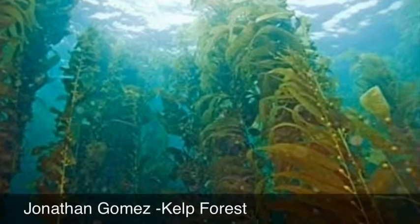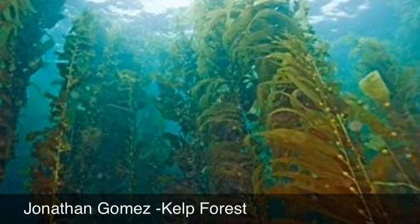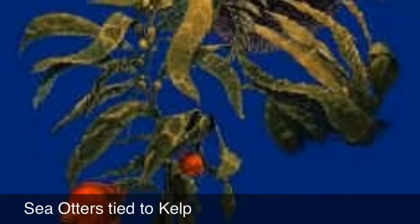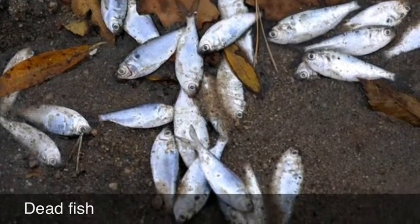Sea otters are dependent on the native grasses in the San Francisco Bay. The native grass sea otters depend on is kelp. Kelp is a large brown seaweed in the oceans and in the San Francisco Bay. Sea otters fasten themselves to kelp so they don't float away while they are eating. After the fur traders killed sea otters for their fur, sea urchins ate the kelp, and small fish and crabs